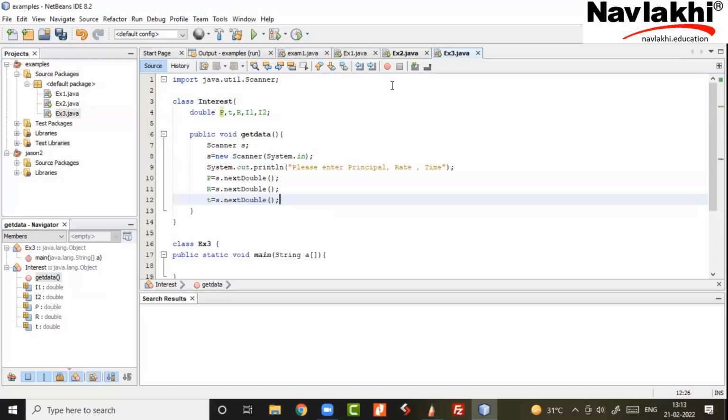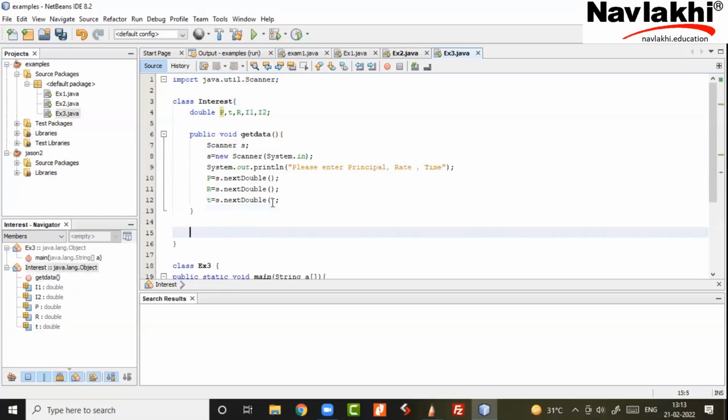So I took my input of principal, rate, and time. Okay. Clear? Now, this is all I need to do for my input function. Note, these variables are global for the class, means everyone in this class can use them. So therefore, I don't have to worry that I changed my function. S is dead now. Get data khatam, S mar gaya. And that's fine. I don't need S again.